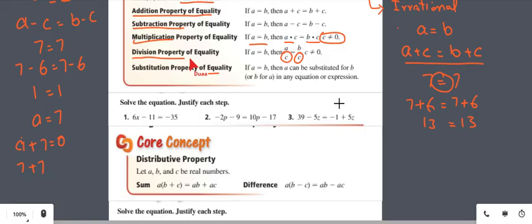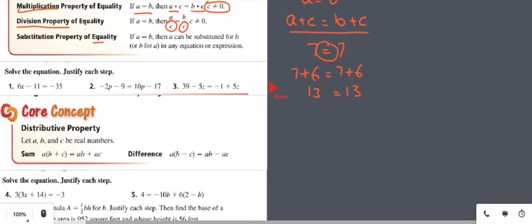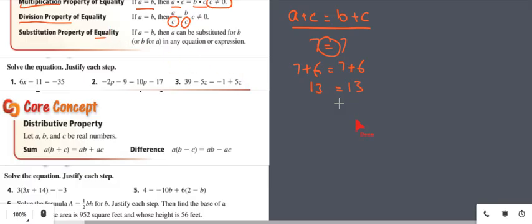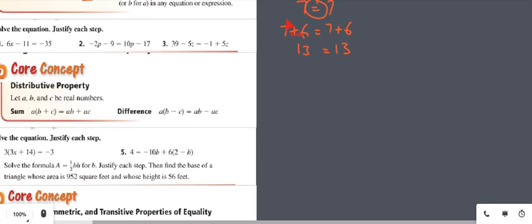So we studied five properties of equality. One is the addition property of equality: we can add the same number on both sides. Then the subtraction property of equality, that we can subtract the same number from both sides. Then multiplication, then division, and then substitution. Is it clear? Okay, now I am going to solve a problem by using these equality